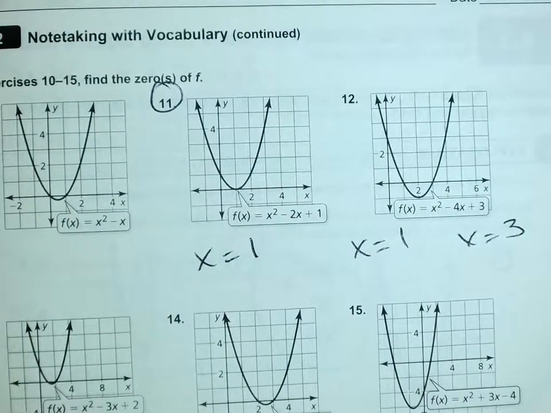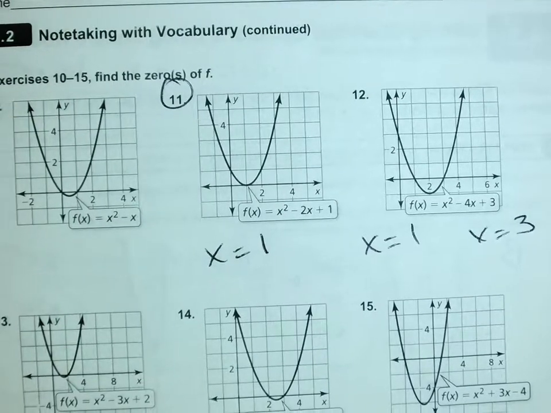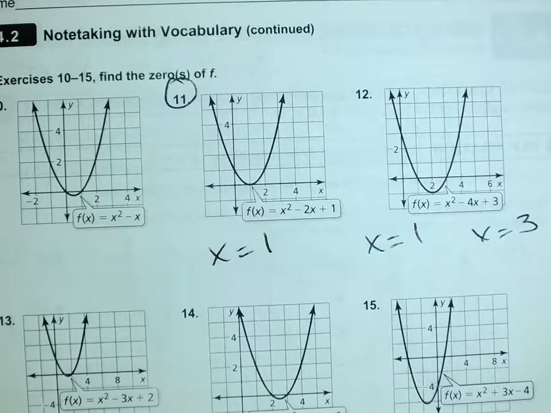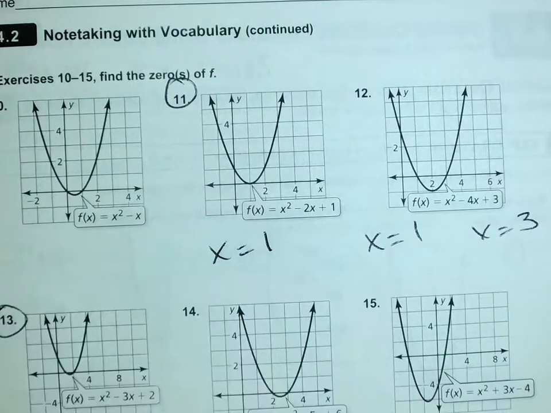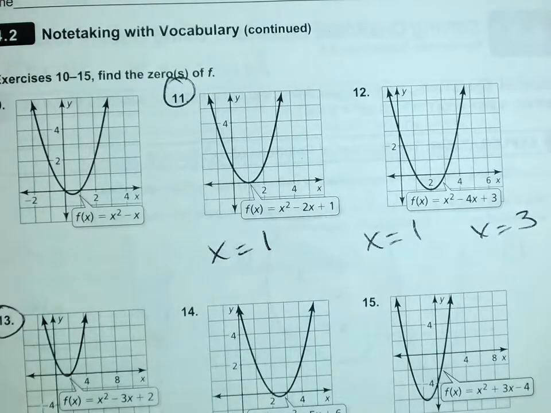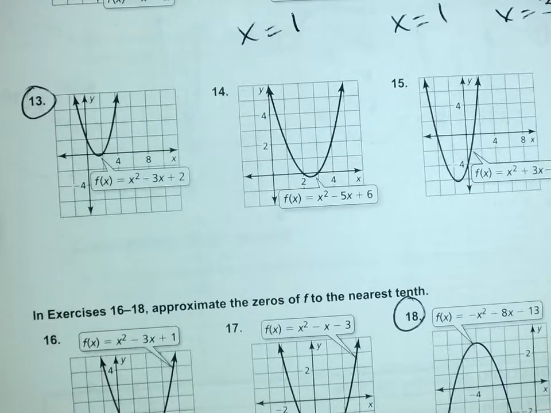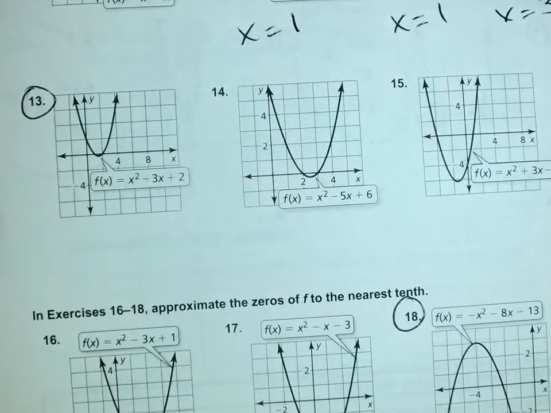Okay, now, let's look at... I want to do number 13, and then we're going to do the hard one, 18. When we do 18, you're going to pay really good attention, okay? All right, 13. What do you think the answers are? It's kind of hard to tell, isn't it? I would guess 3,